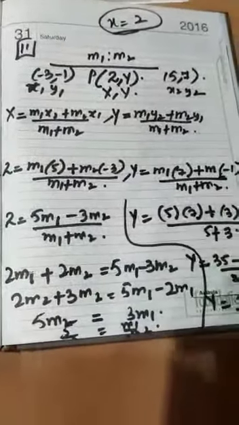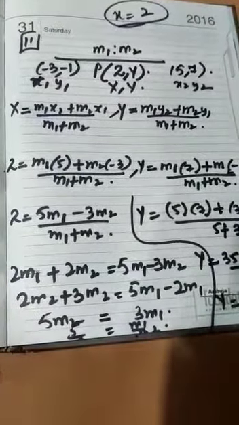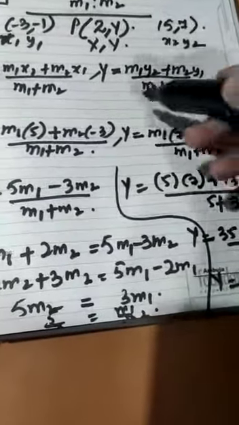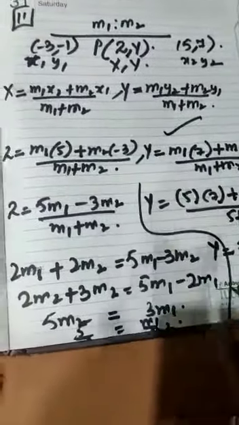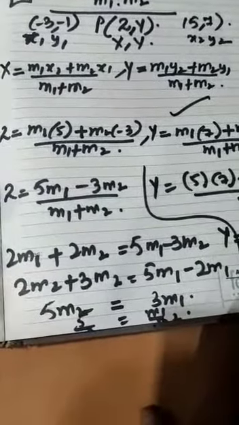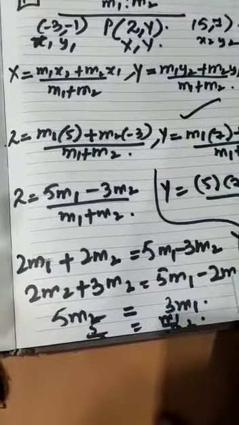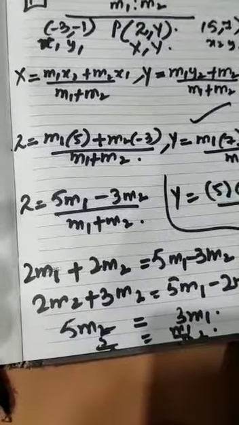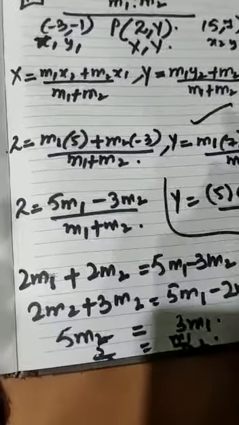So in this way, first of all you can find the values of m1 and m2. After finding m1 and m2, put them in the formula for y and you will get the answer. So solve up to question number 11. Question 12 is also the same, so solve up to question number 12. In the next video we will solve the further questions.